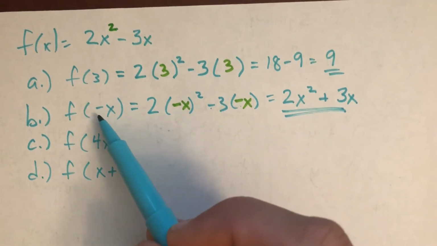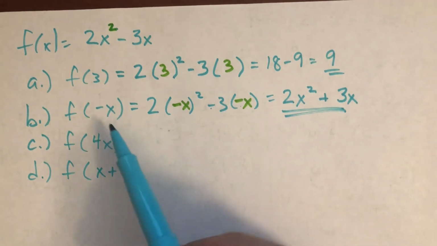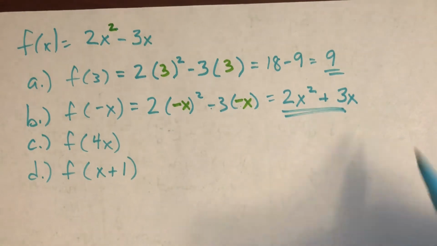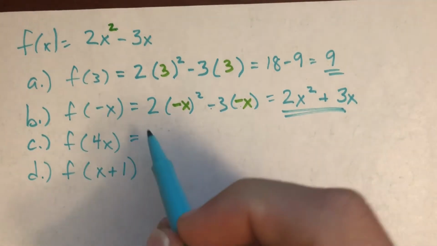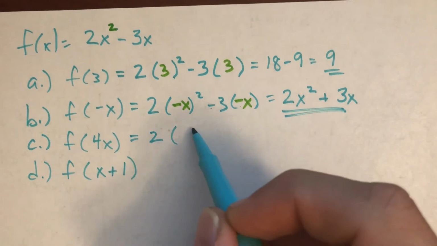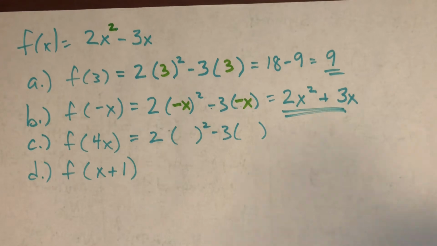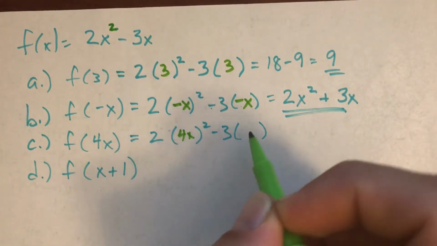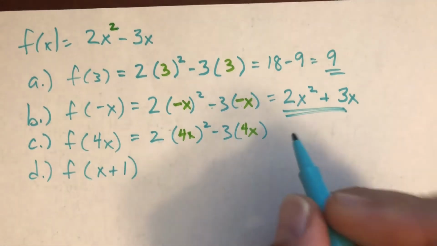So if we had a non-numerical thing in there, it just worked the same way, right? We just plugged whatever is in this position right in there, and then we simplify. Okay, so let's do this again. We've got 4x this time. And again, we're just doing the same process. We're just plugging in whatever that is right here. Okay, and now we can